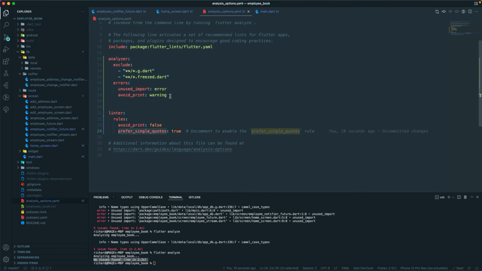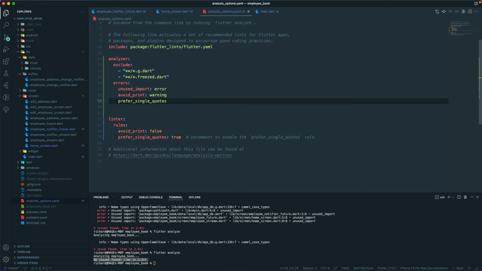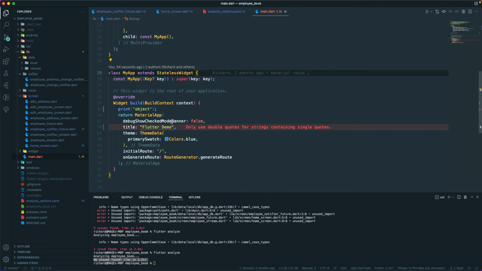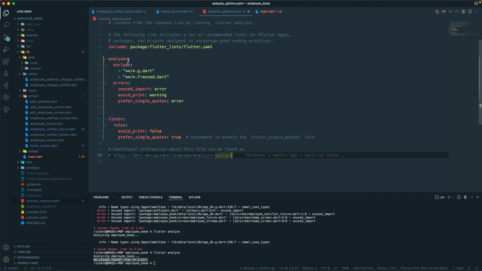Now if I go to avoid error in the analyzer, and I set this rule to be an error, and now if I go here, you will see that it's giving us an error, right? Which means that it has both the analyzer as well as the lint rule. So in this way you can go and check the different options. For this one, I'll just set it to info,